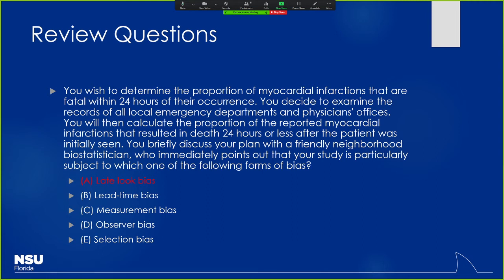In terms of something like measurement bias, when could that be introduced? Any ideas? Yeah, that could be one, Matt, where, for instance, if the lab reported differently, or if your definitions of MI were different, for instance, if different levels of troponins were considered to be positive or negative. Things like that could be an issue of measurement bias there, right? Or if the lab is reporting it differently.